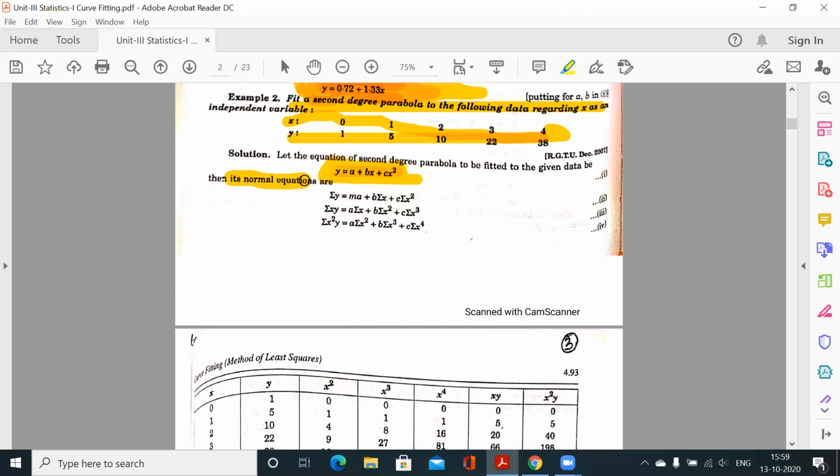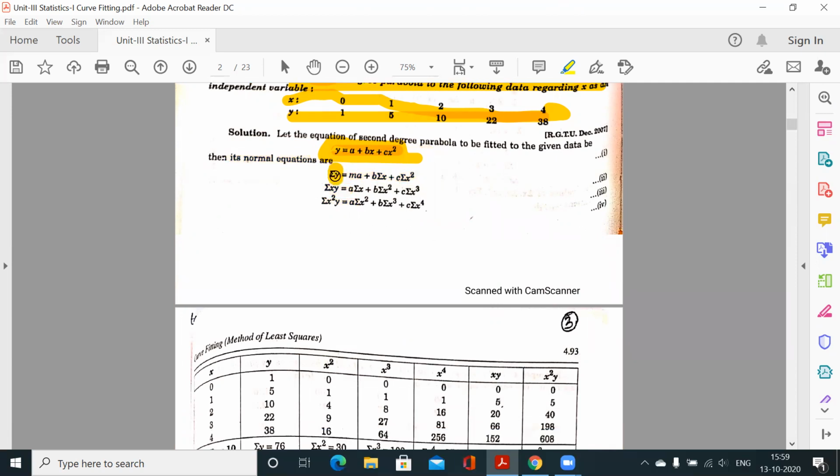and for which we know what the normal equations are. First we apply summation, then summation x, then summation x square to this equation. So we will get three normal equations. Now to get the summations, अब हमें करना क्या है, इन summations की value निकालनी है. तो कौन कौन से summation हमें चाहिए, summation y, summation x square, summation x cube, summation x4, summation x square y, and summation xy. So we need to calculate these summations.